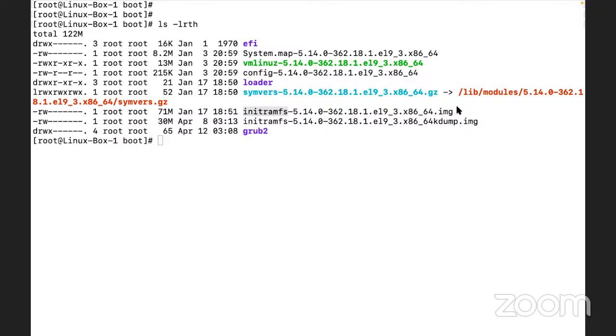Okay, let me tell you. So initramfs, what does that mean? Initial RAM file system. So this is a root file system that is embedded into the kernel and loaded at an early stage of the boot process. So going forward, you will get to know about initrd as well, initial RAM disk. So when we power on our system, first of all, this initramfs gets loaded into the OS.